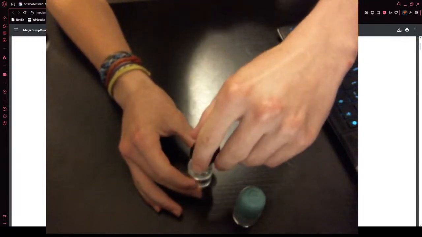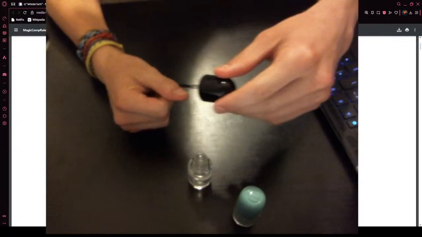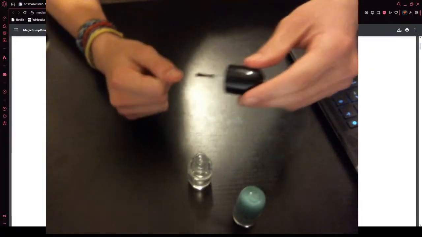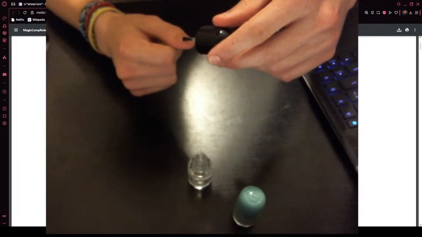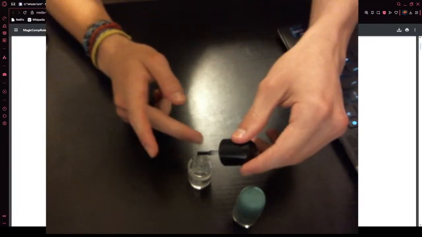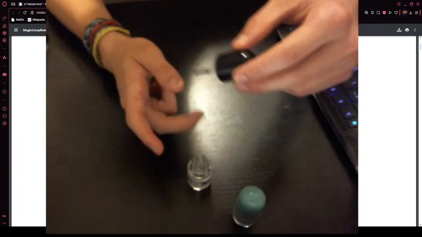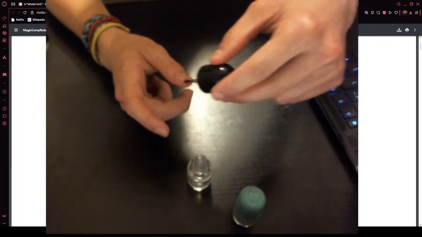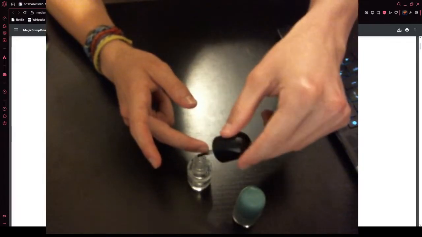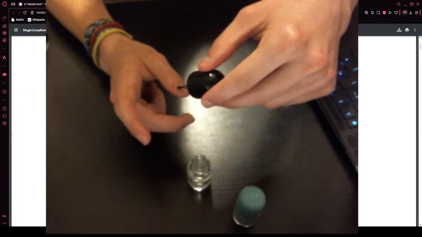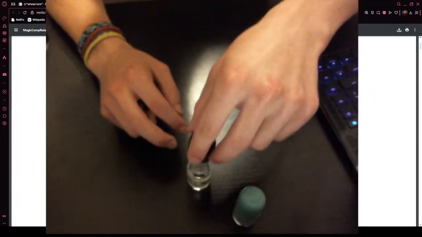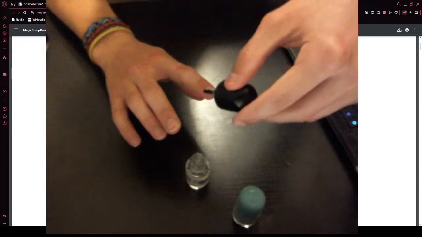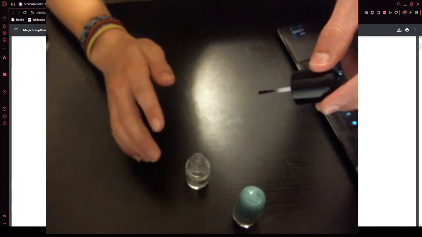This will prevent it from chipping, so I've heard. I don't know how thick to apply it. That was pretty thick. Yeah, I'll take some off. Okay. Yeah, this is more the amount that I should be using probably.